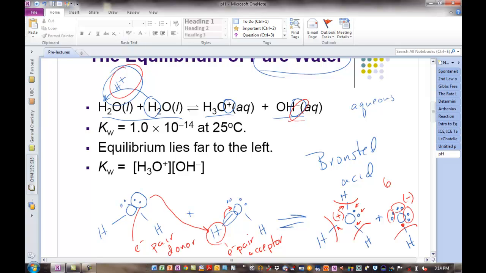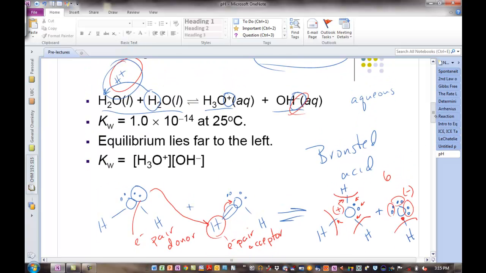Acid donates a hydrogen ion, base accepts the hydrogen ion. But we'll start drawing arrows to represent electrons moving in the reaction, because it's all about electrons. Chemical reactions involve electrons. Okay? All right, now